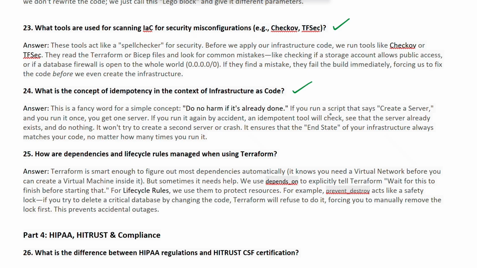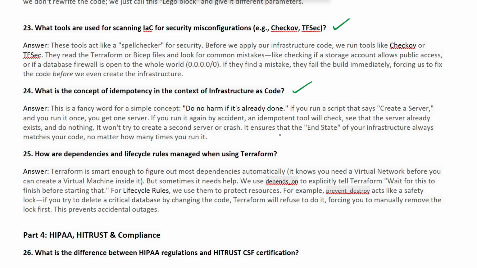So if you run a script that says create a server and you run it once, you get one server. If you run it again accidentally, an idempotent tool will check and see that the server already exists, and if it already exists, do nothing. So it won't try to create a second server or crash the existing one.